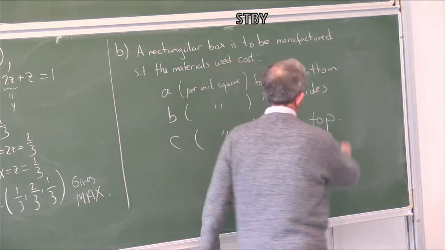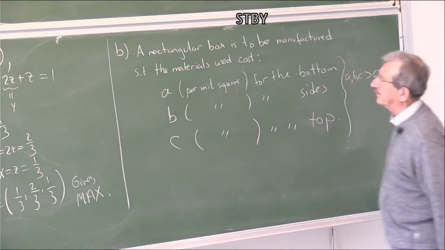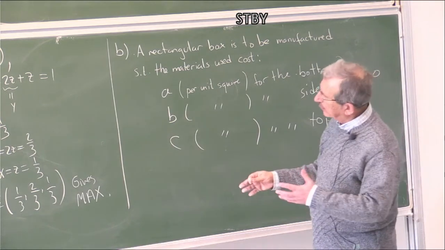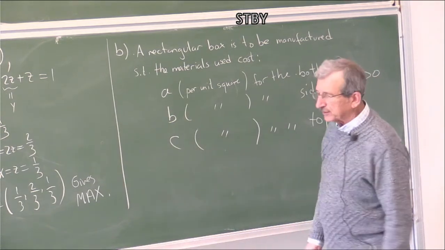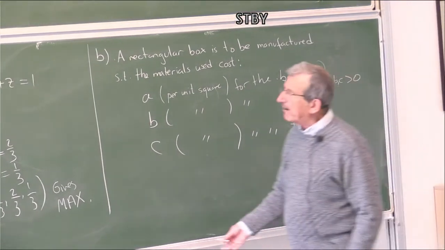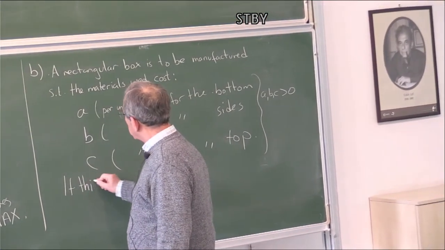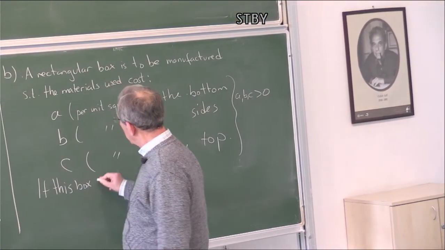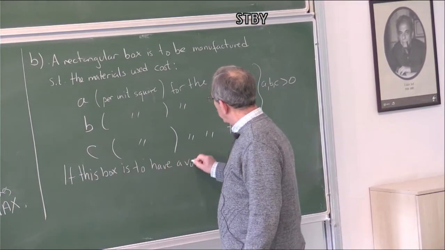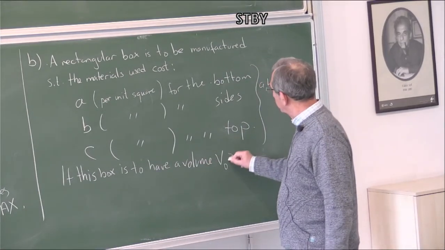Of course, here we assume that A, B, C are all positive. I mean, if you say this much, it is not restrictive. We want this box to have a volume of V0. If this box is to have a volume V0, of course it's a positive number,